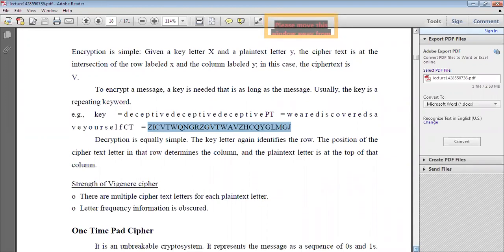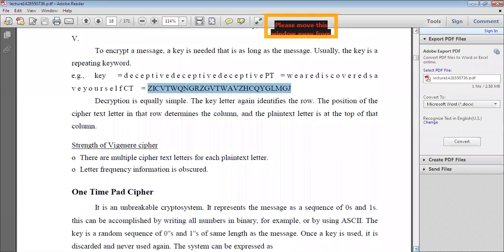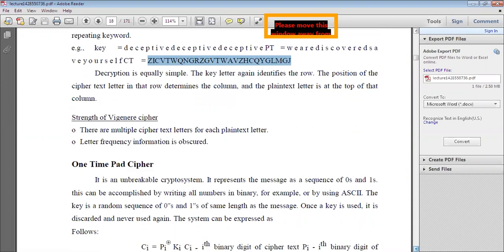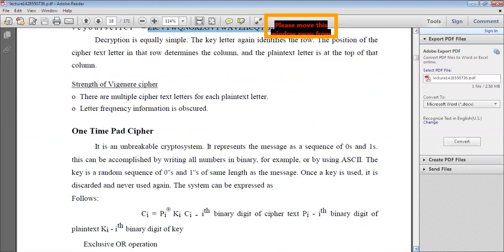And another type of cipher technique you have to use. Up to now what we have discussed is the Caesar cipher technique, the Playfair cipher technique, and the Vigenere cipher technique. And the next one is the one-time pad cipher. One-time pad cipher is simply an unbreakable crypto system. Generally the message is represented with a sequence of zeros and ones.